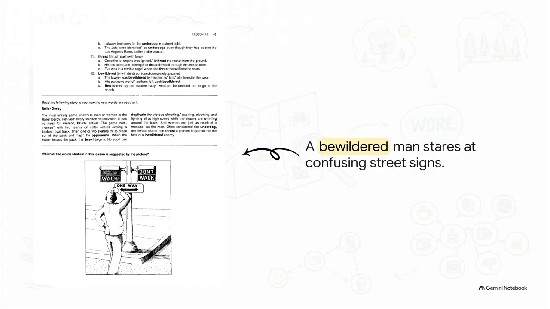Okay, I love this next one. This fantastic cartoon, pulled directly from the text, completely anchors our next word, bewildered. It means completely confused or puzzled. Just look at the guy in the image. He's scratching his head, staring at this ridiculous pole that's simultaneously telling him walk, don't walk, and one way. You can feel his brain short-circuiting. By associating bewildered with this specific, kind of goofy visual of contradictory signs, your brain is going to lock in that definition with zero effort.